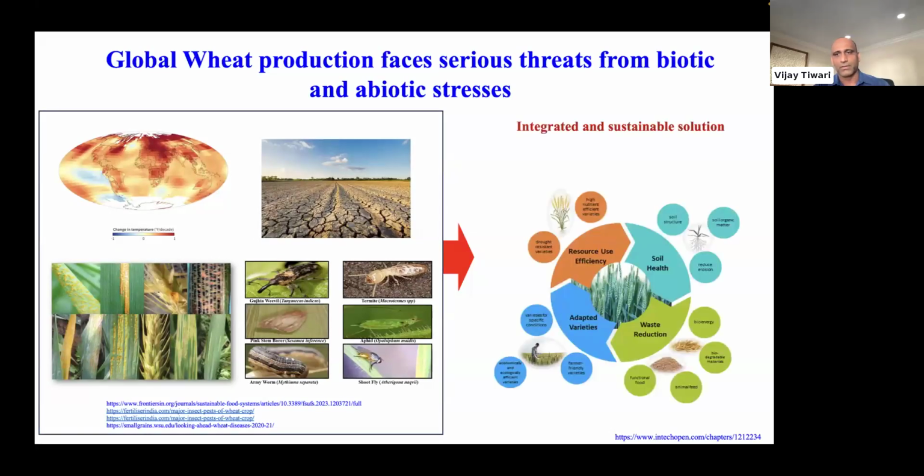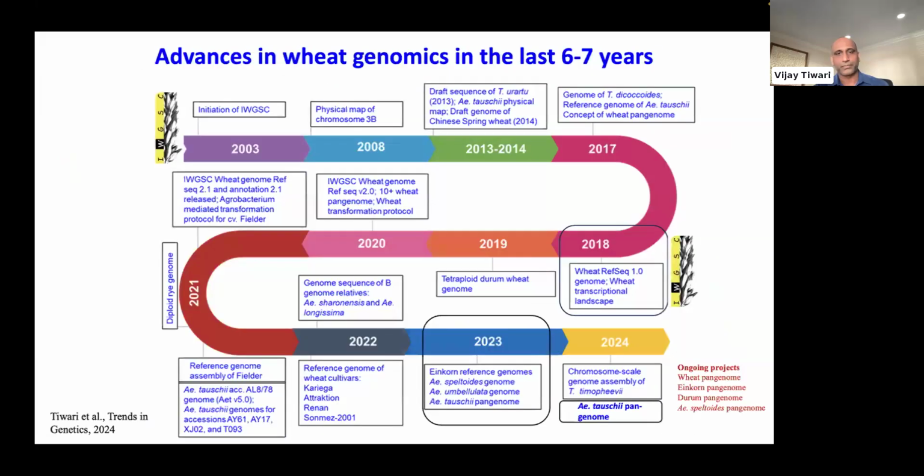And I think we have been doing a pretty good job in keeping pace in improving our crops, but still integrated and sustained solutions are required to make our crop plants more resource efficient. At the same time, we also need to take care of our soil health and of whatever waste we are producing, and the majority of the improvement that we are going to see is going to come from better management practices and elite varieties that may have some solution to these problems.